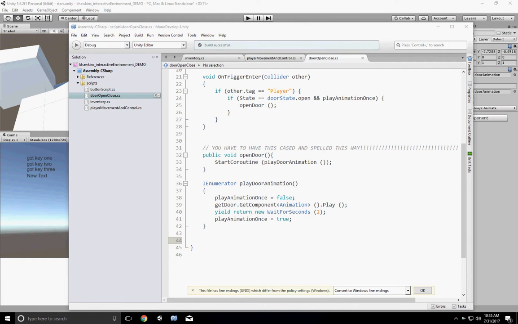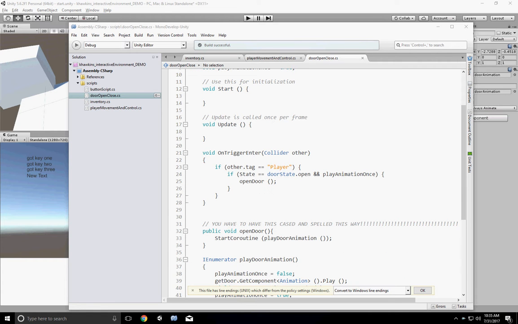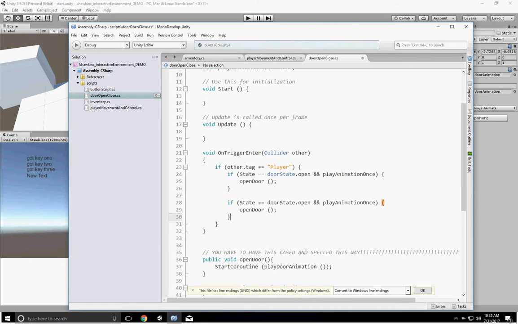So we have all of this working. Now it's time to get the keys working. So what we're going to do is grab this. Now, for this to work, we have to pick a state and then see if this is running, and then also